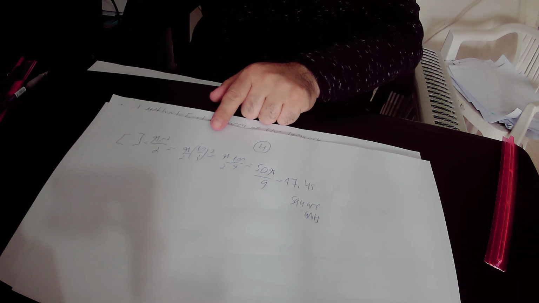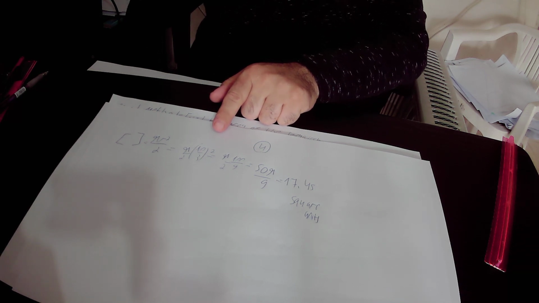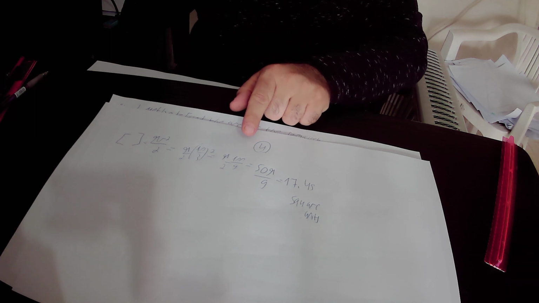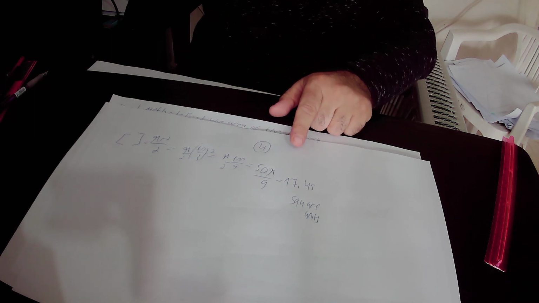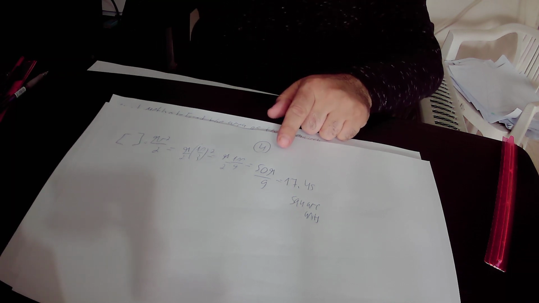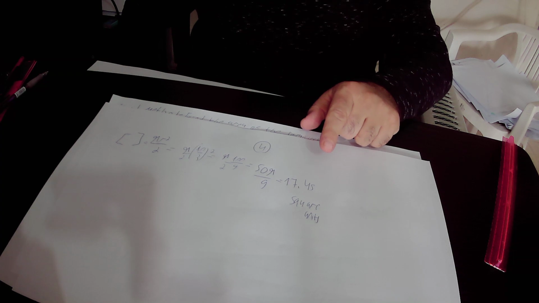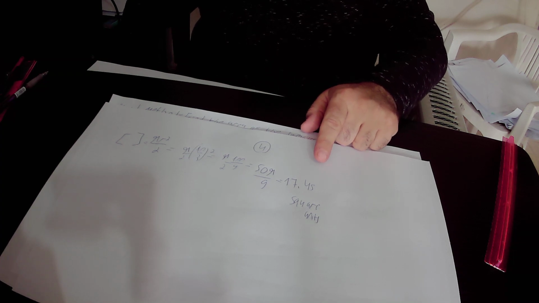R is 10 over 3, so R square is (10 over 3) square, which is 100 over 9, and half of that is 50 over 9. So in conclusion, the area of the semicircle equals 50 pi over 9 square units, or in terms of numbers, it equals 17.45